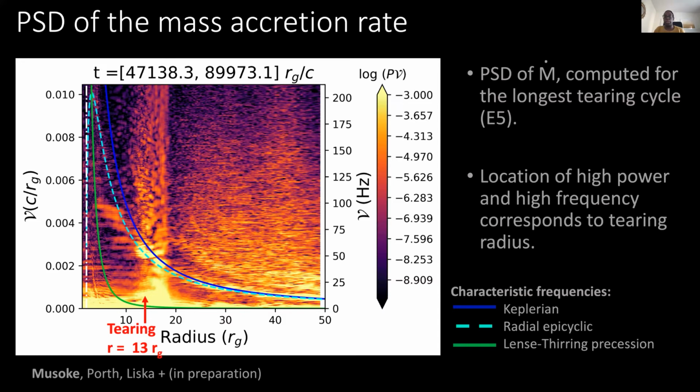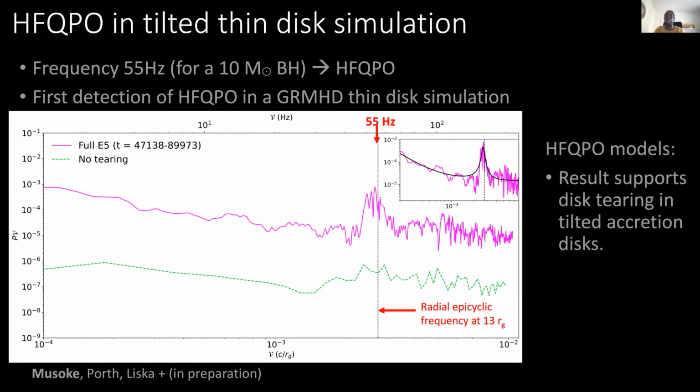So the question now is, if we compute the power spectrum of the mass accretion rate at the tearing location, along these radii, do we actually see a high frequency QPO peak? And yes, we do. The figure here shows the average of the power density spectrum of the mass accretion rate computed at 13, 14, and 15 Rg. This corresponds to radii at or very close to the disk tearing radius. In magenta, we have the power spectrum computed during the tearing cycle E5, the longest tearing cycle. And in green, we show the power spectrum computed for a period of time in which no disk